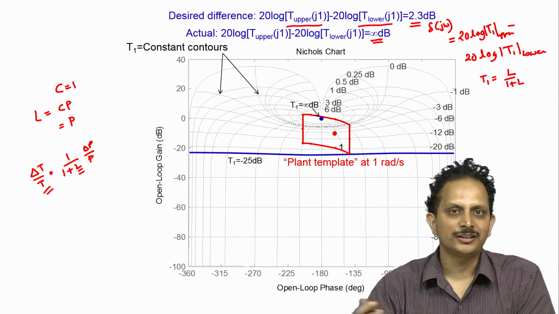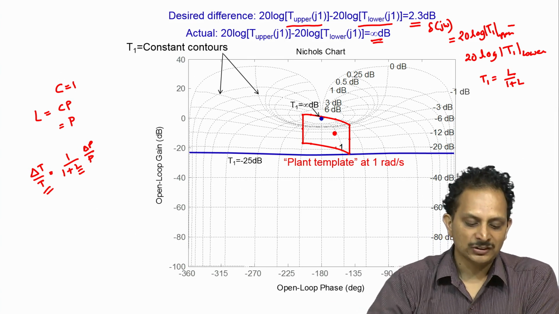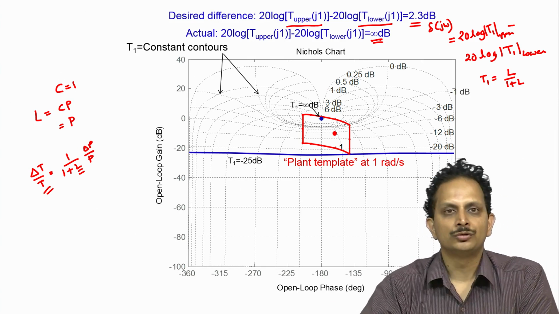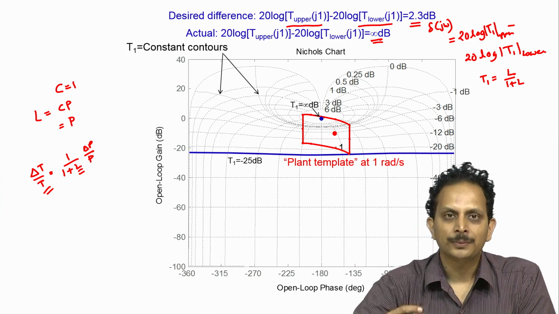In this case it is infinity dB. So in order to minimize delta T by T, we should choose a higher value for the loop gain. And what does that mean? We should push up the plant template.